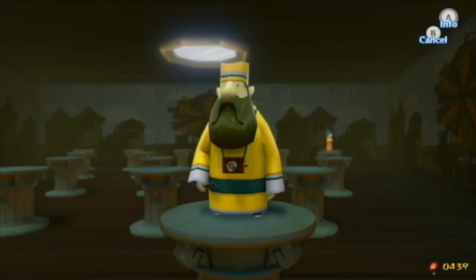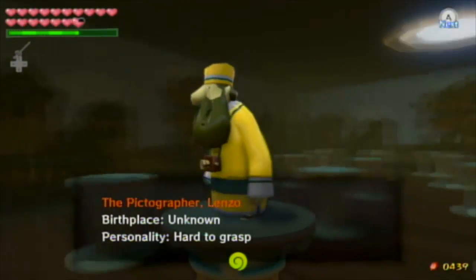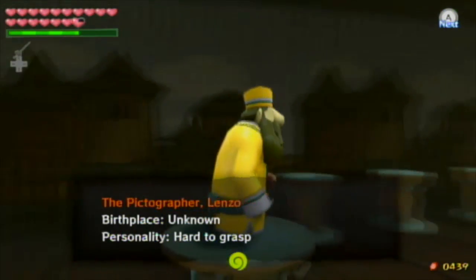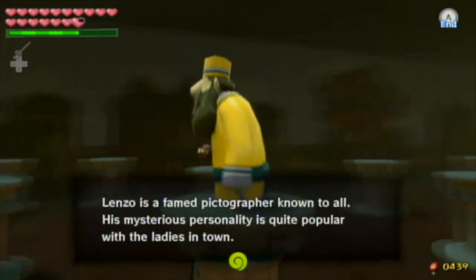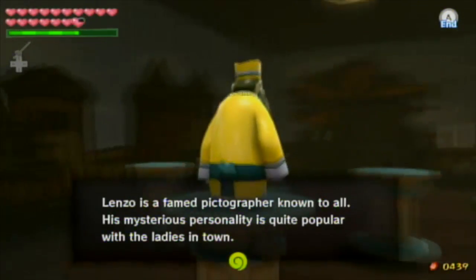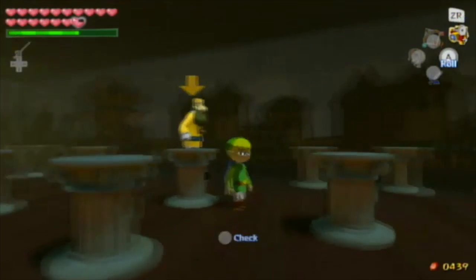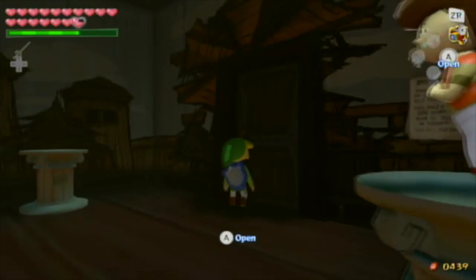And here it is. Lenzo, the pictographer Lenzo. Birthplace, unknown. Personality, hard to grasp. Lenzo is a famed pictographer in Otwal. His mysterious personality is quite popular with the ladies in town. So yeah. Now, this episode is already like 57 minutes long, so...